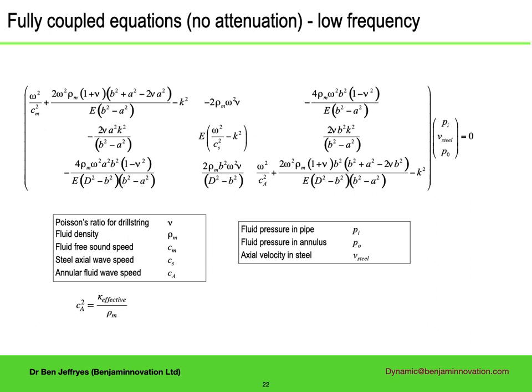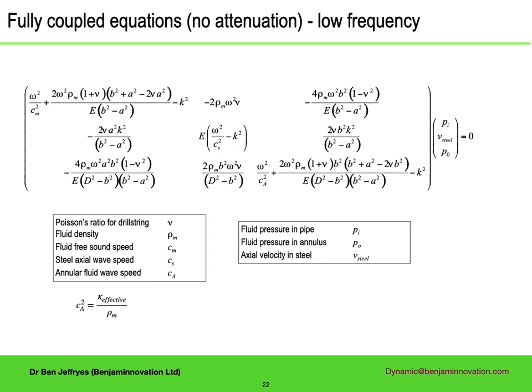The diagonal terms look like wave equations. The off-diagonal ones are coupling and involve both frequencies and wave numbers. The terms that couple metal and fluid all include the Poisson's ratio of the steel, the proportional amount that a solid moves perpendicularly to the direction of propagation of a compressional wave. The terms in the top right and bottom left, coupling inner and outer pressure, are due to the radial compliance